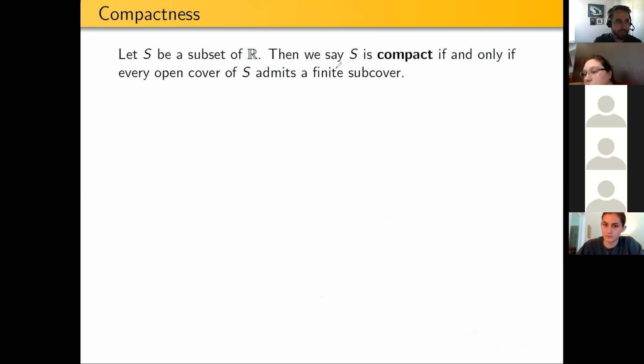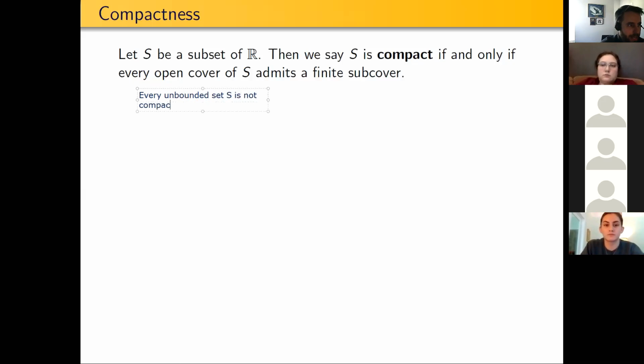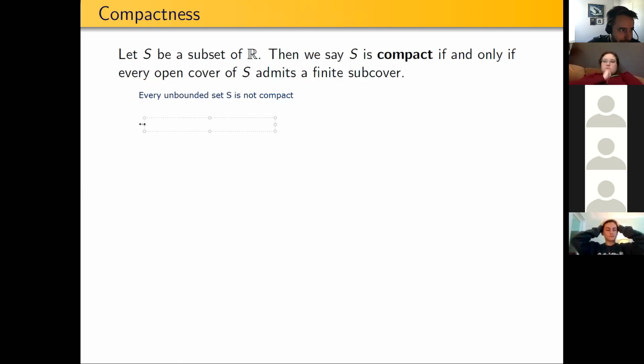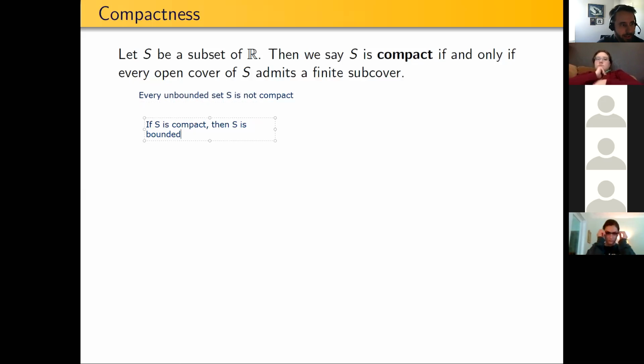So I can write this in two different ways. I can say every unbounded set S is not compact, or I can say what's written in the sheet, which is that if S is compact, then S is bounded,